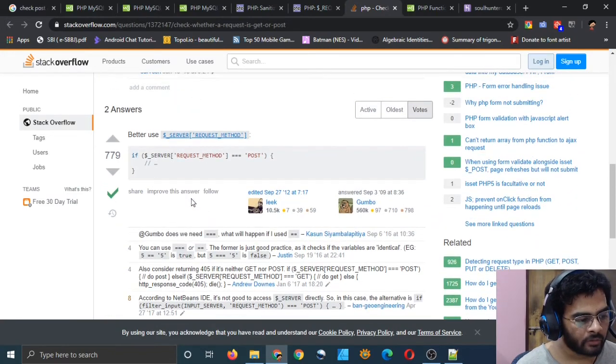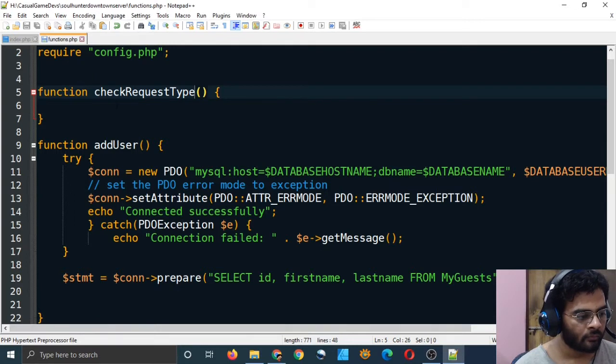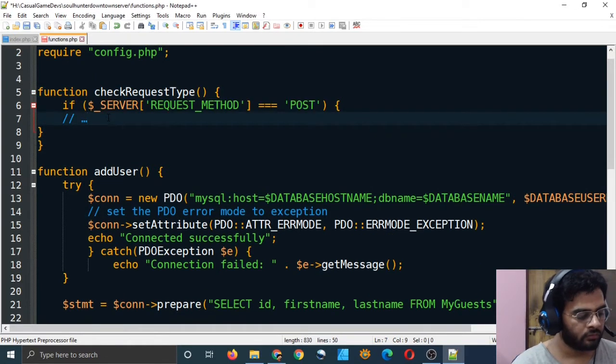So they have written some method. This user has given some solution for that. I think this should work. I will just copy this and paste it here and remove the comment.